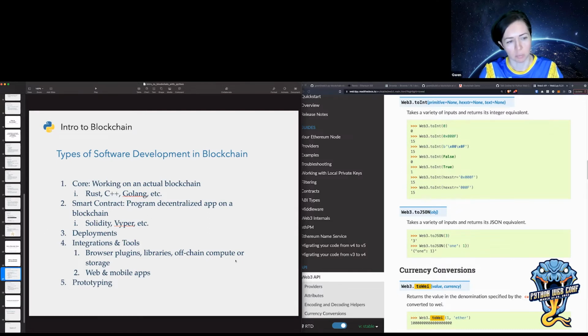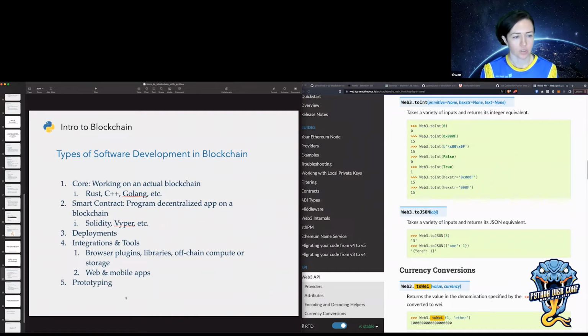and you need code that will compile the smart contracts and keep compiling them as you make changes, and you have to deploy them to different networks. You'll have a local and some kind of staging, and you'll deploy to different testnets, and then you'll deploy to the mainnet. So you need to have your, I guess, infrastructure, your CI/CD as code, however you implement that. And so you also use Web3.py and Brownie for that. And then you have integrations and tools.